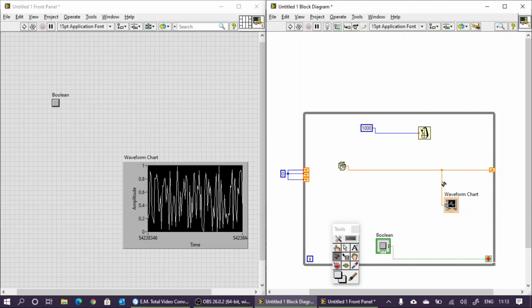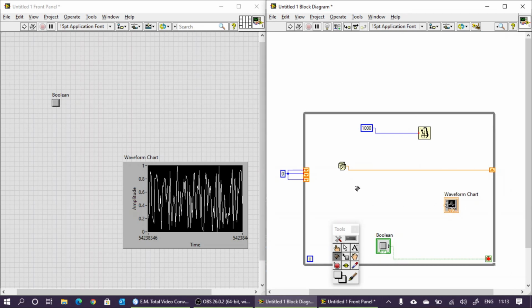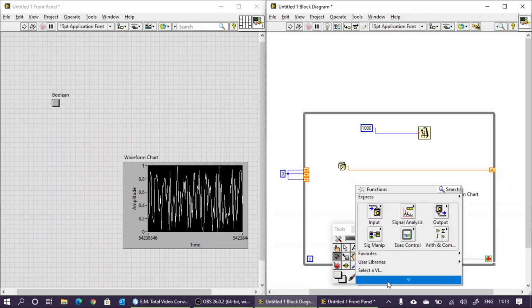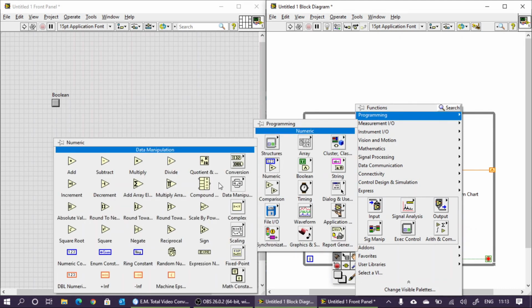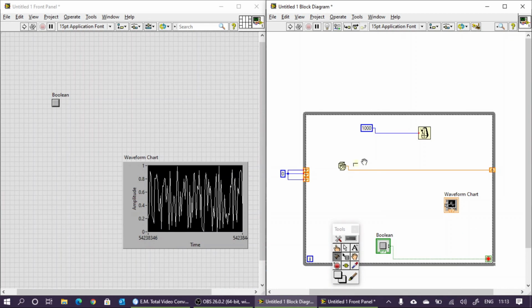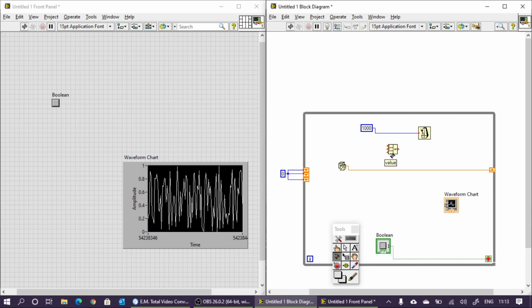Now we are going to display the average filtered value. So delete this wire. Now in order to find the average value, go to programming, go to numeric. Here you can see compound operation. It may be compound addition, compound subtraction, etc. So click this one. We need 4 elements: 1, 2, 3, 4. Here we have only 2 inputs. So click any one input, use the right button. Now you can see add input. Click here. One input is added. Again repeat the process. So now we have 4 inputs.